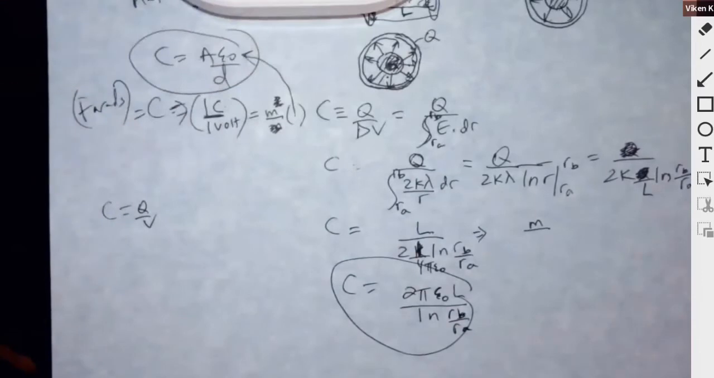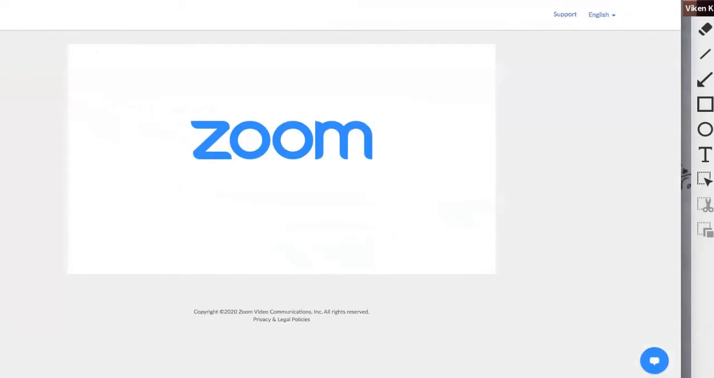Let me see. So I'm not sure how I write it in my formula sheet. Let me see. In my